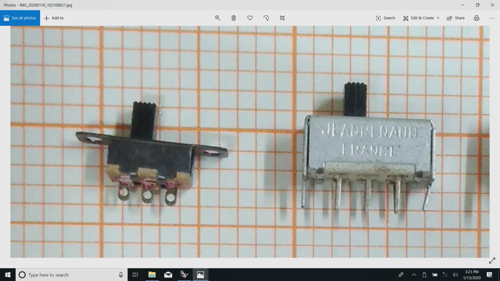So, if you see the left slide switch, while in principle it is similar, the way of mounting it is that there are two small holes here, and probably you need to fix it onto a fascia panel, a front panel or a fascia panel. The moment you fix it to the fascia panel, you end up with the option of how you take a connection. You see here these terminations are meant for soldering.